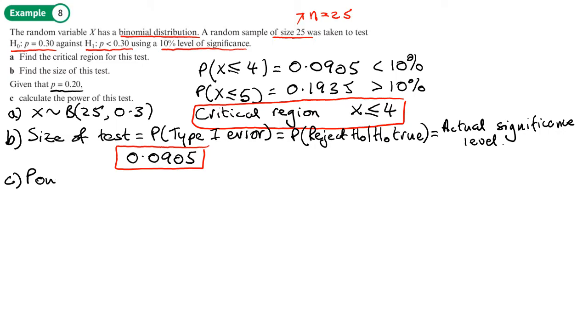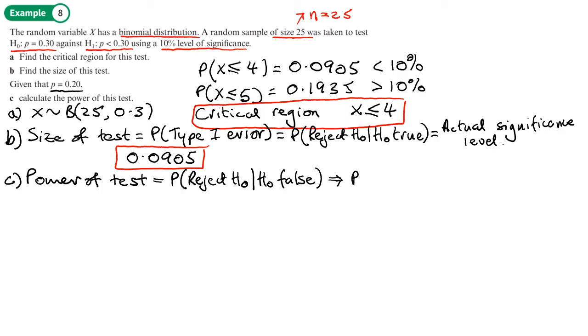Now, the power of a test is 1 minus the probability of a type 2 error, or you can say actually this is the probability of rejecting H0 when H0 is false. So rather than do 1 minus the probability of a type 2 error, we can do it this way. It's probably a little bit quicker,